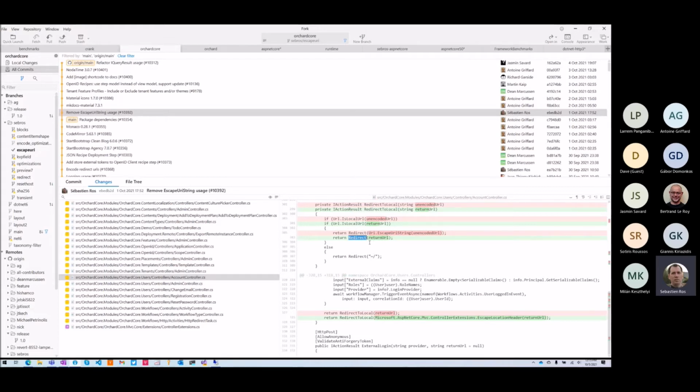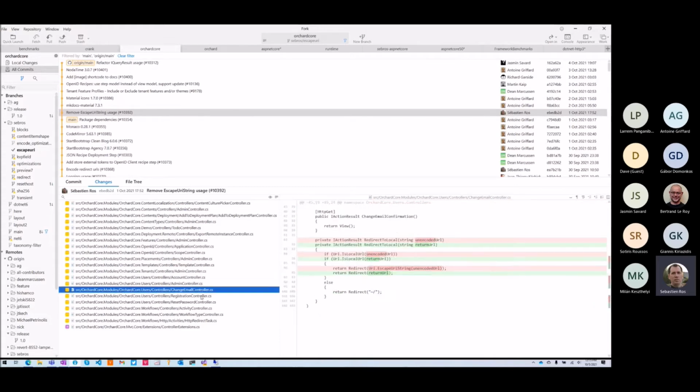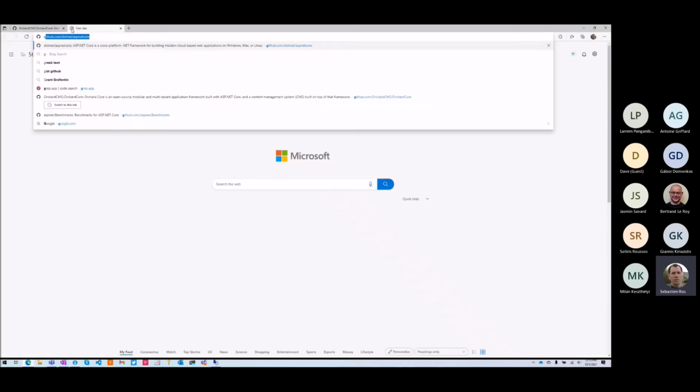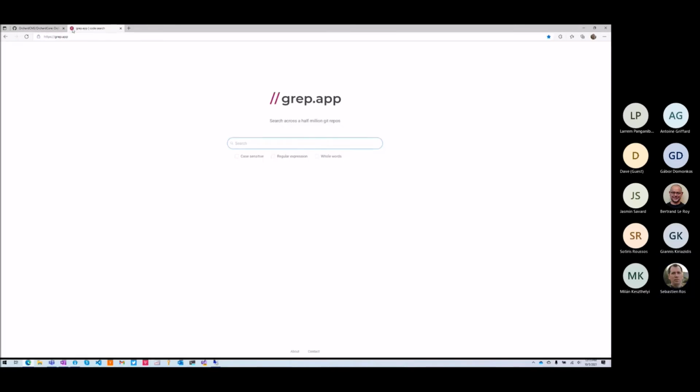So we need to call into a special method to escape the location header every time, in case you have international chars, for instance. And that works. But I checked online, and so if you don't know about this app, I've probably shown that in the past, but if you say return